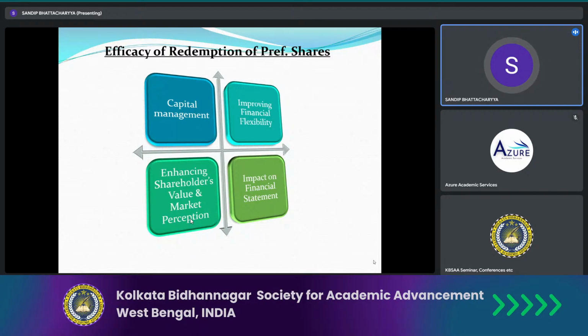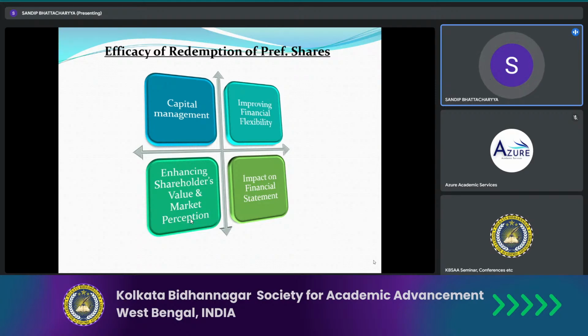As you know very well, my dear students, examples of financial statements are the balance sheet, statement of profit and loss account, that is your income statement, the cash flow statement, ratio analysis, the comparative statement, and so on. So that it may affect the balance sheet, the cash flow statement, and the statement of profit and loss account. That means the reporting of redemption must help provide accurate financial statements to the investors and stakeholders.